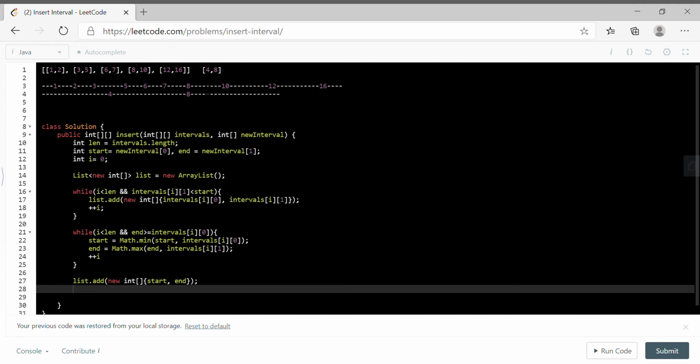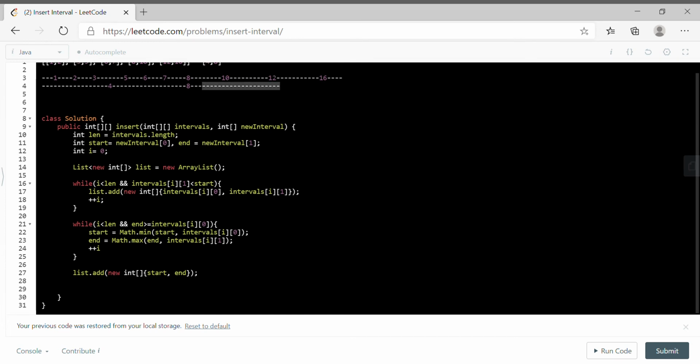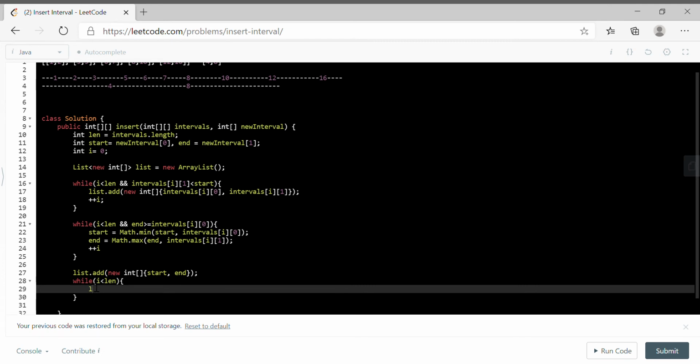And once we reach the end value, that is interval here, after that, whatever value comes, we will add as it is, because there is no interval that we need to merge, right? So while I less than length, we simply don't have to add any logic here.